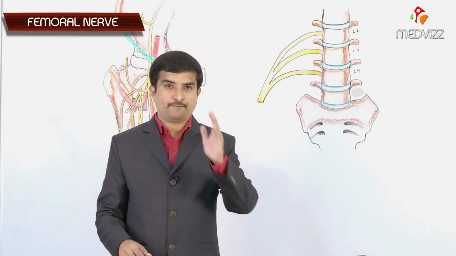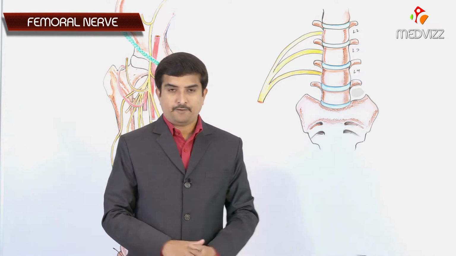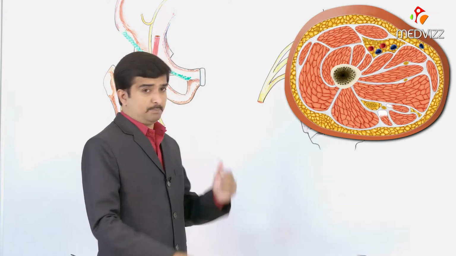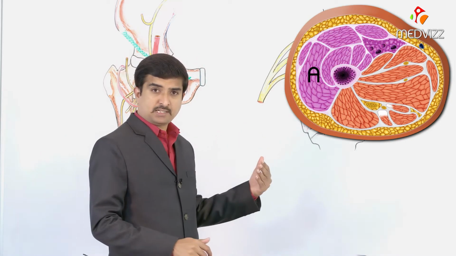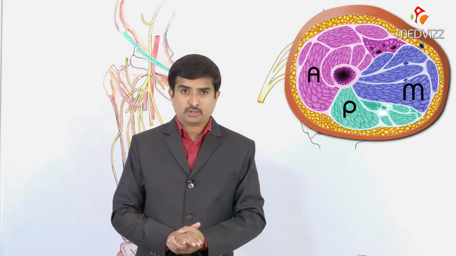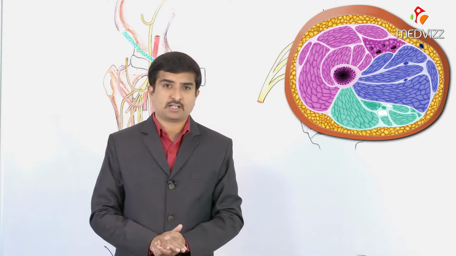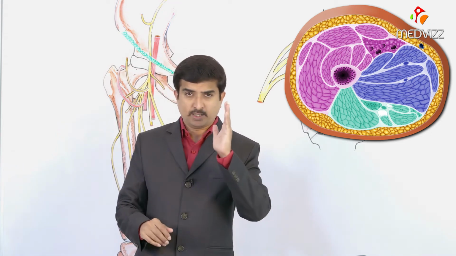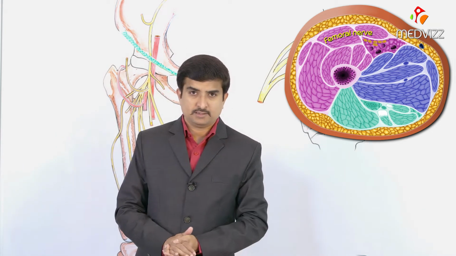Let us begin this session with the anatomy of the femoral nerve. Femoral nerve is the largest branch of the lumbar plexus, and it is the chief nerve of the anterior compartment of the thigh. We know that the thigh has three compartments: anterior compartment, posterior compartment, as well as the medial compartment. So all the muscles of the anterior compartment of the thigh are innervated by femoral nerve,